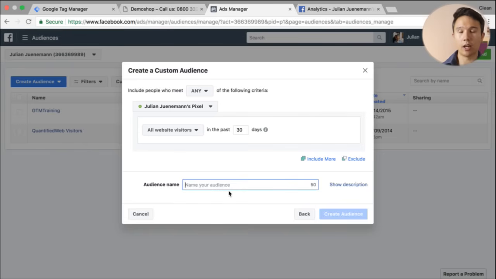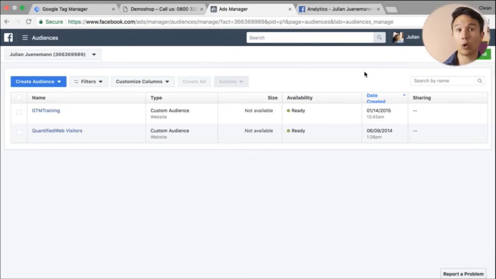And Facebook will then gather the people who have visited your website, and the Facebook pixel was fired, inside of this audience, and you will be able to use that in your ads. So a lot already that you can do. You can retarget. You can set up custom conversions. You can even do more, but this is a bit where it gets tricky, because Facebook